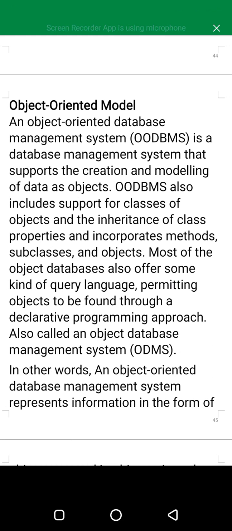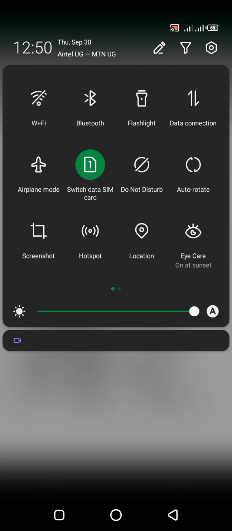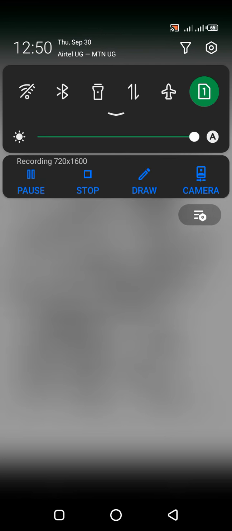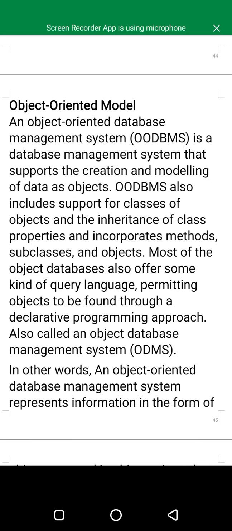The other type of data model is the object-oriented model. An object-oriented database management system is a database management system that supports the creation and modeling of data as objects.